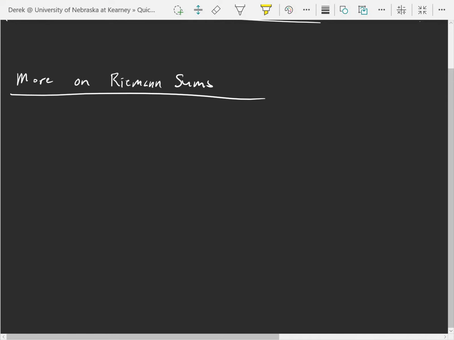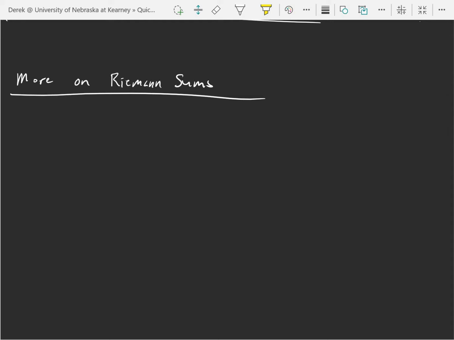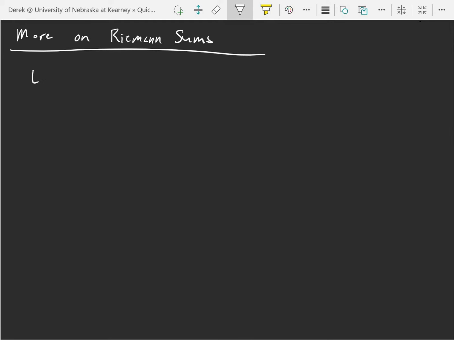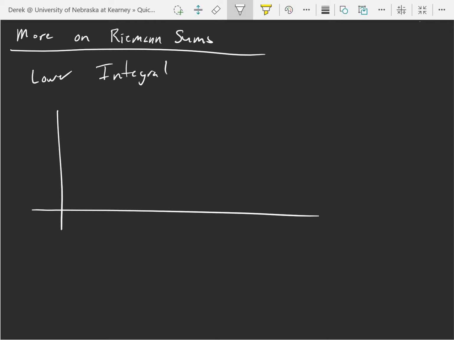Okay, let's talk more about some Riemann sums. So far we've got the upper integral and the lower integral, and when those two get close together, they converge. So let's review that real quick. So the lower integral, the picture,